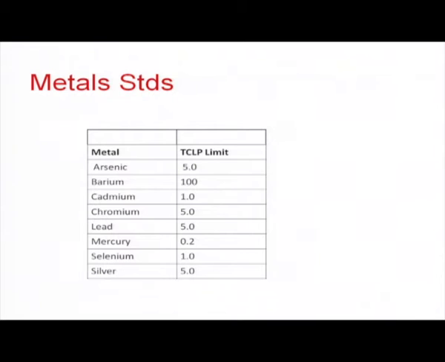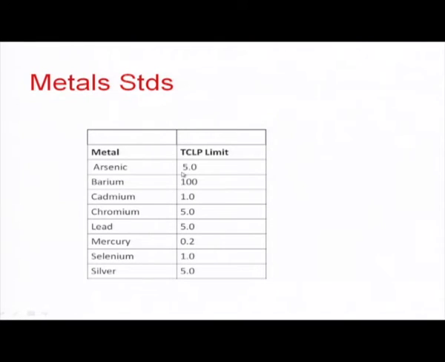It should be chemically stabilized or chemically fixed, and only when the value comes below this, it is stabilized. Otherwise, if the waste's TCLP test results are more than this, definitely that waste is not fit for direct